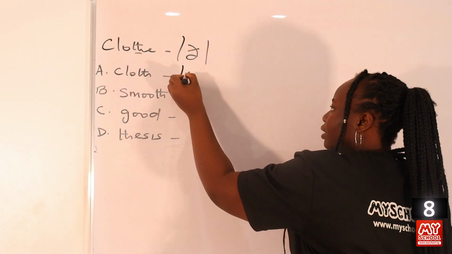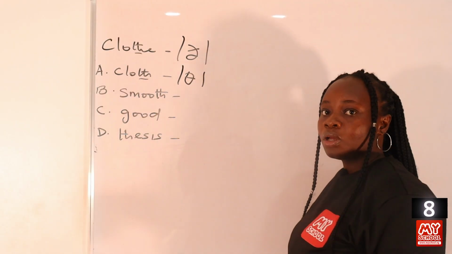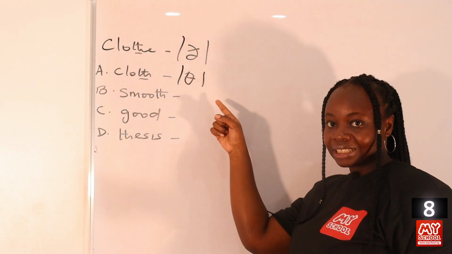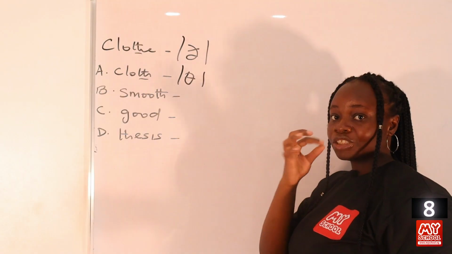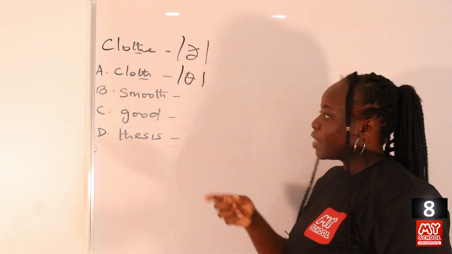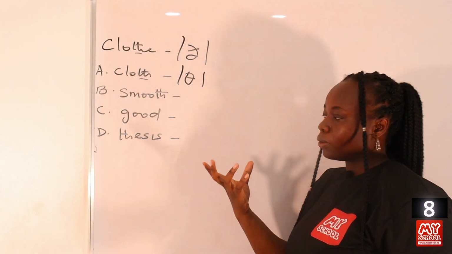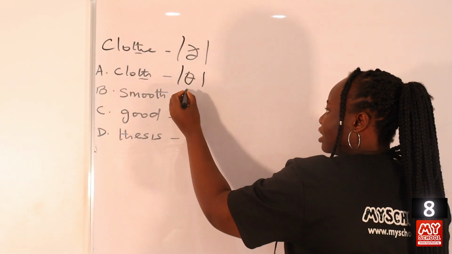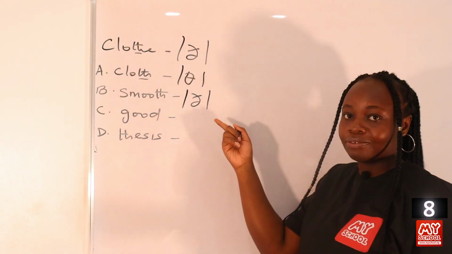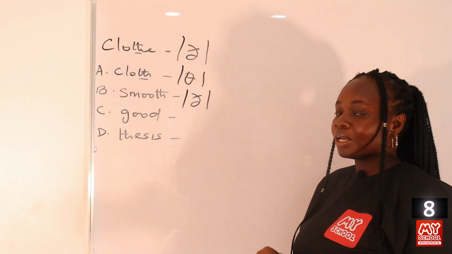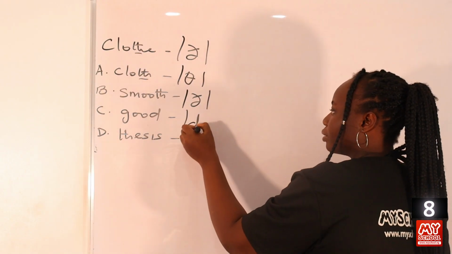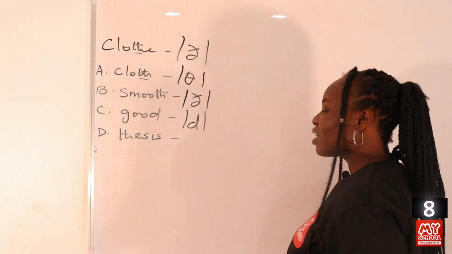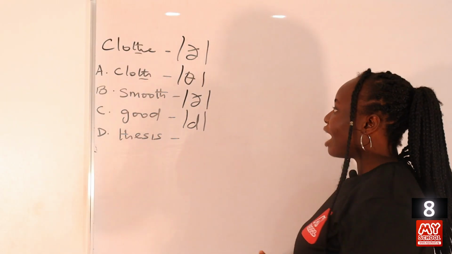We have the F sound here, cloth. Okay, when you pronounce it and you put your hand on your vocal cord, you do not feel any vibration. This makes it a voiceless sound. They are similar in the sense that your mouth is arranged in exactly the same way, except that for this one, you do not use voice to pronounce it. Then option B, it's pronounced as smooth, smooth. Again, you can feel the vibration when you pronounce it. This makes it the voiced variant of that sound. Then option C is pronounced good. So we have the D sound there. Okay, it is different from either of these sounds. It's pronounced differently. Then option D, we have thesis, thesis. Again, we have the voiceless sound.